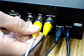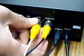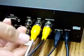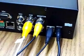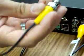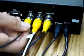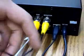It just pushes on, and then you have to twist it. You'll see it twist here. It twists. Now it's locked. If it's not twisted, you may have a bad connection, and later on you'll notice maybe a malfunction in the DVR. So you go ahead and do this with the second wire. You just press it in like we did before, and you twist it. And again, if it's not twisted, you could have a malfunction on the DVR. Malfunction sounds like a high-pitched whine or